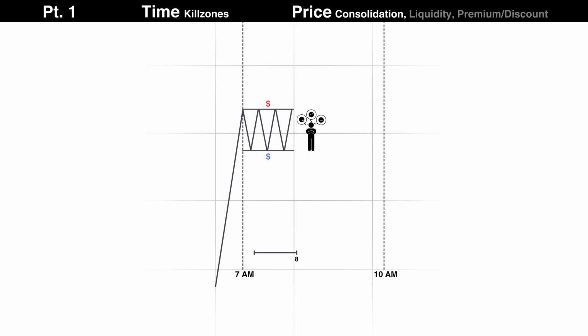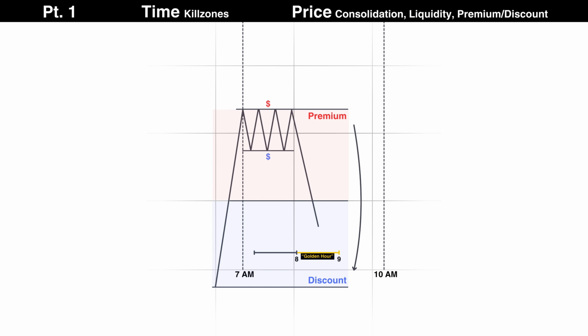See, during this hour, how a consolidation works is that you'll have people eager to bet. Bet on which side the market is going to expand towards. Will it be up or will it be down? The betting is them placing down orders which builds liquidity. So as soon as the golden hour hits, price immediately goes into hunting this liquidity from a premium to a discount.